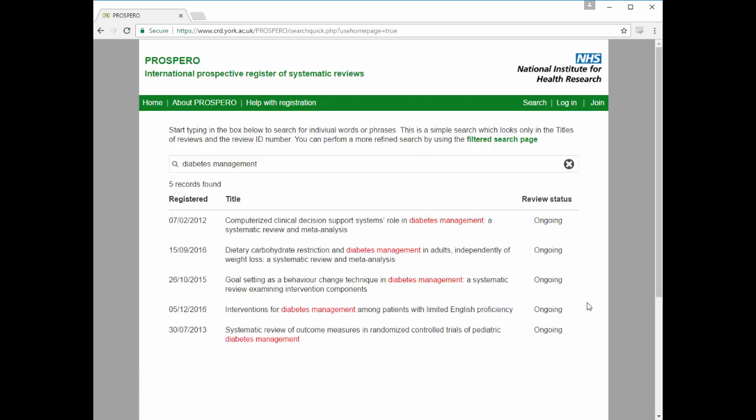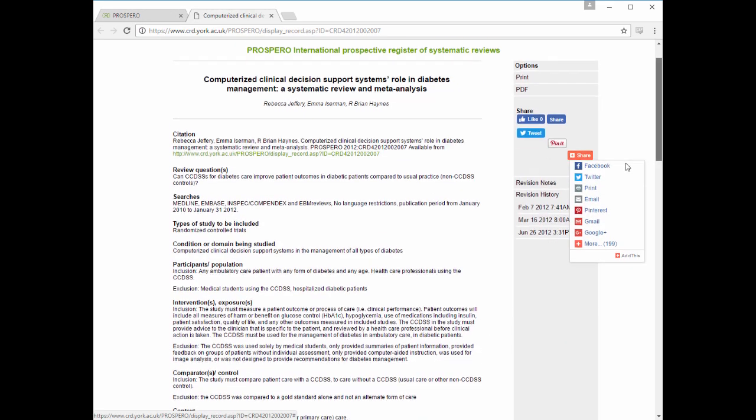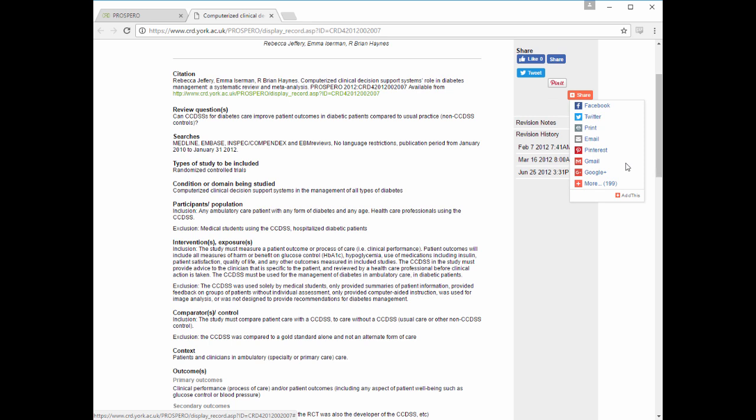There are 5 protocols in Prospero on diabetes management. Let's take a look at one to get a better idea of what these protocols look like. You can see at the beginning a general citation for the protocol, and then it goes into some of the details. It includes the review question being asked, plans for the searches that they'll do, information about the types of study that'll be included, as well as everything that fits all of the PICO criteria, the condition, interventions, comparisons, and